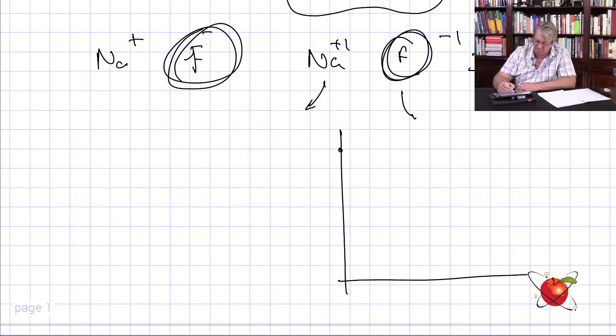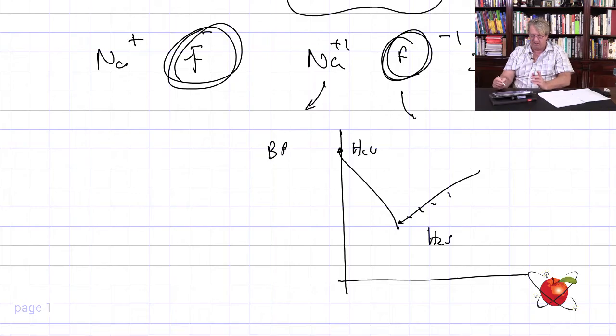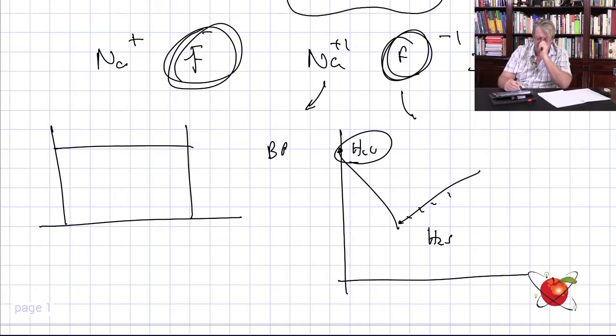So that's explaining why, and let me just redraw it here. The boiling point of the water is high, whereas the H2S was low, right? And then it goes up a bit like that, but it's very low in comparison. Why? Because we've got hydrogen bonds formed over there, and the hydrogen bond is a strong energy bond. Therefore, in order for us to take the molecules apart, what are we doing? We are going from a liquid over here to a gaseous state there, which means we need to remove that